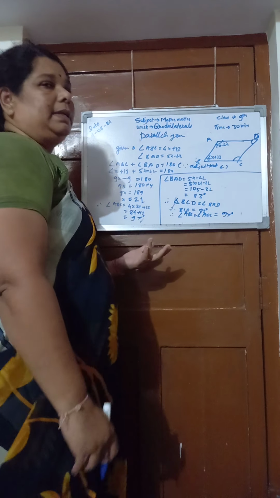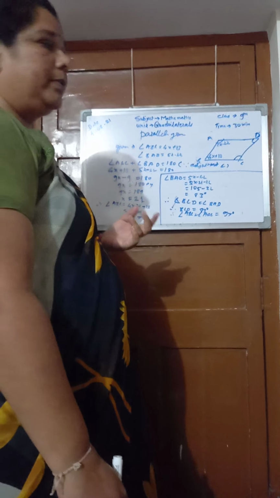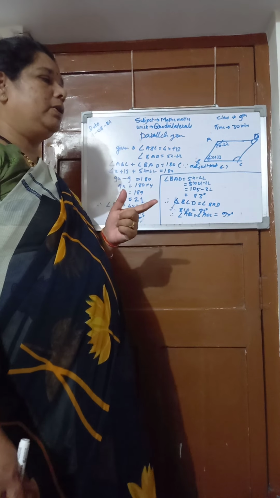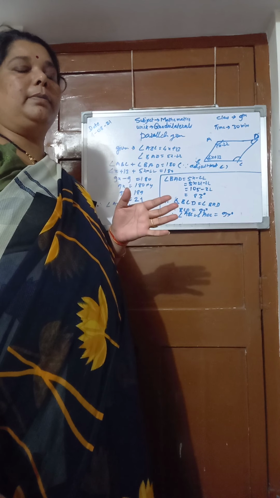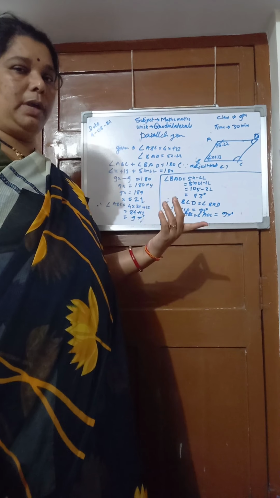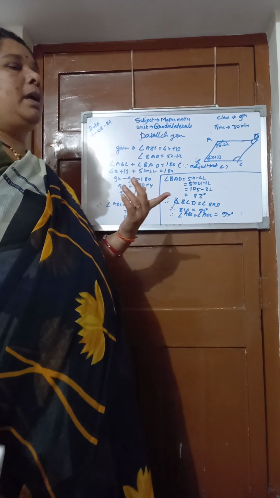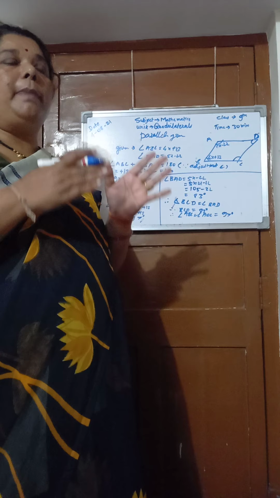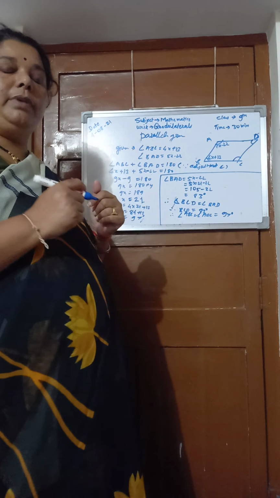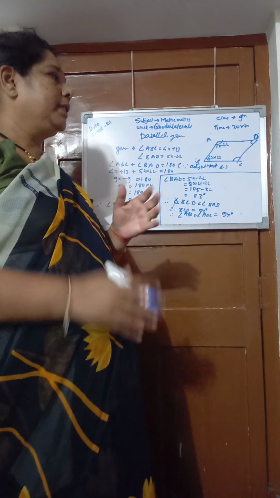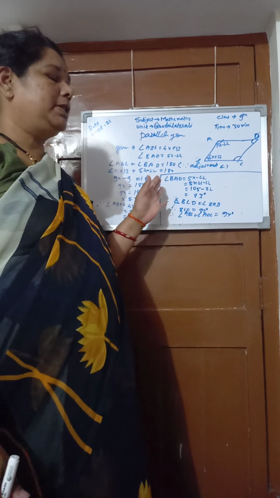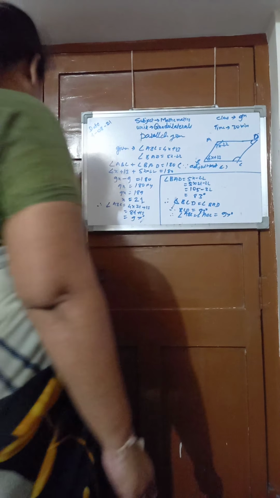Then we will summarize what we have studied. First, we have seen the theorem on parallelogram, that is, opposite sides and opposite angles of the parallelogram are congruent. We have proved this theorem. Then we have taken diagonals of the parallelogram bisect each other, and we have proved this theorem. Then we have taken two sums depending on this parallelogram property.